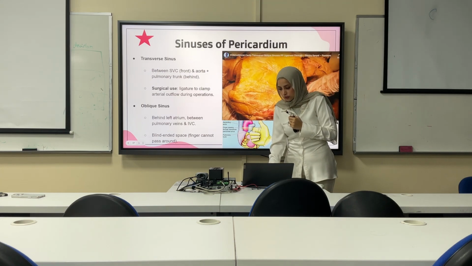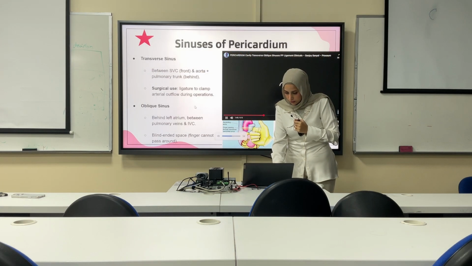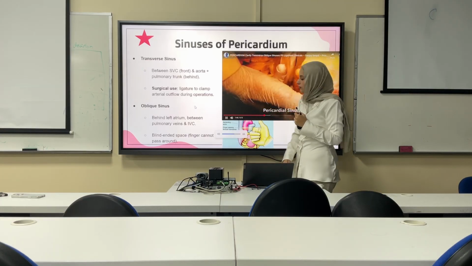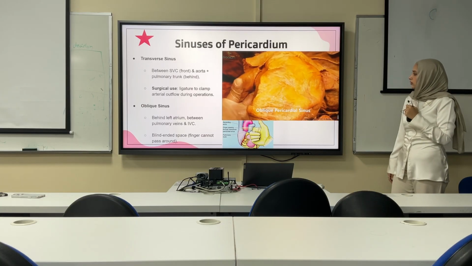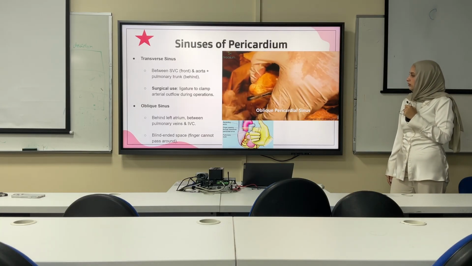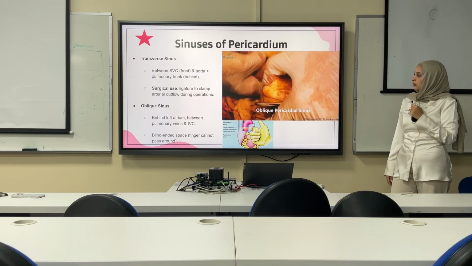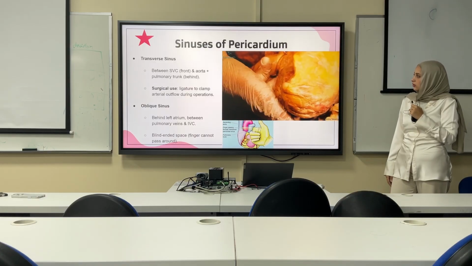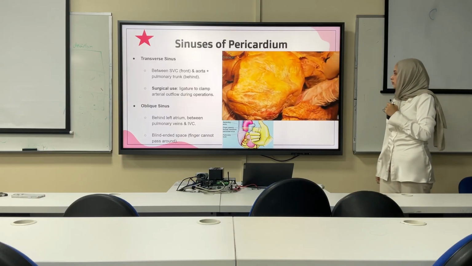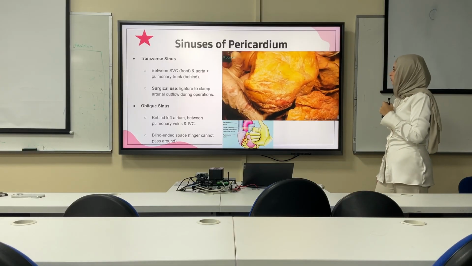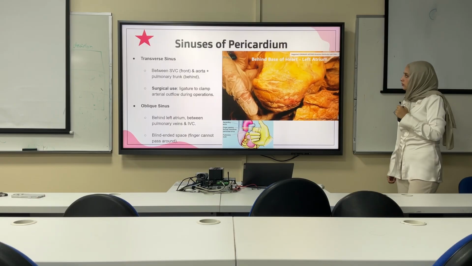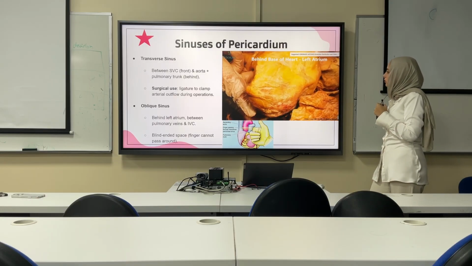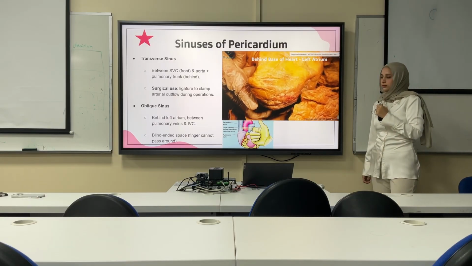So I'm going to show you the video. First one is this one, where my hand has gone in. It has gone obliquely up and to the right. This is called the oblique pericardial sinus. This is a dead end. The dead end being formed by the four pulmonary veins and the inferior vena cava and the superior vena cava opening into the heart. This is the oblique pericardial sinus, and this forms the posterior relation of the base of the heart, namely the left